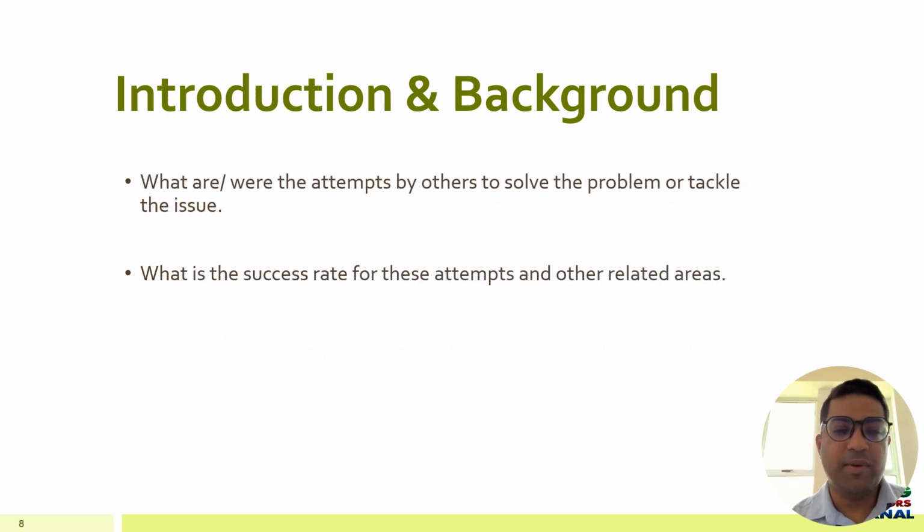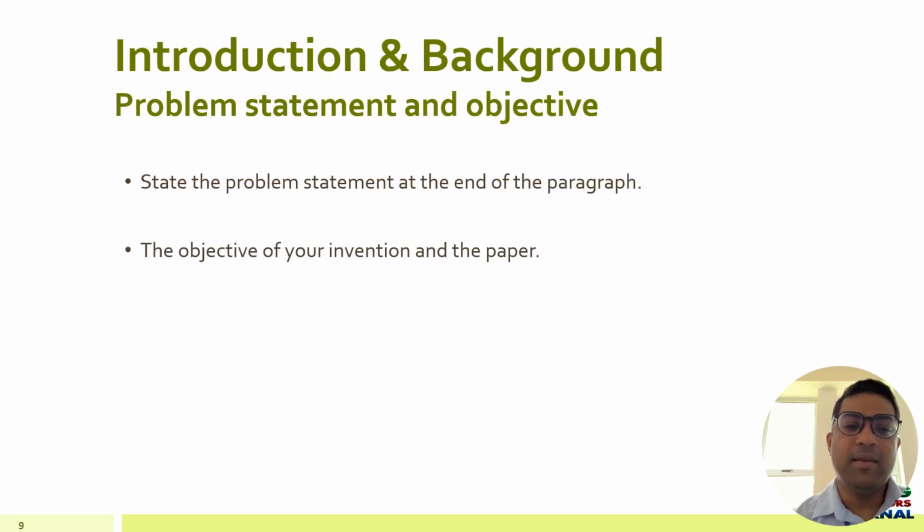And then this should be followed by what were the attempts made by others to solve such a problem. This could be followed by the next paragraph, the third paragraph maybe. And what is the success rate for these attempts and other related areas? So these things you can discuss in the third paragraph, and then here is where you want to introduce the problem statement as well as the objective